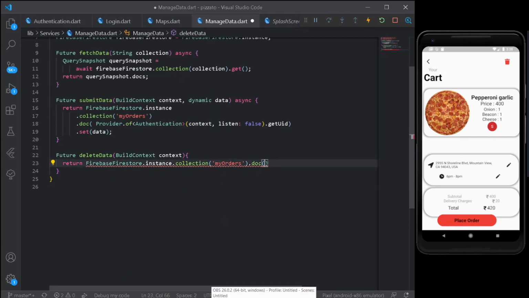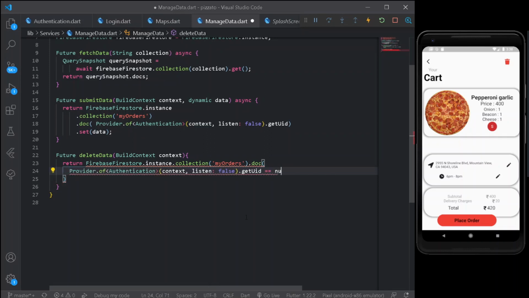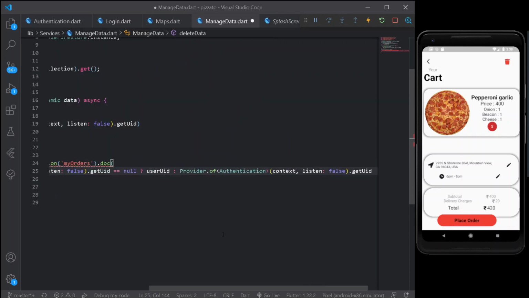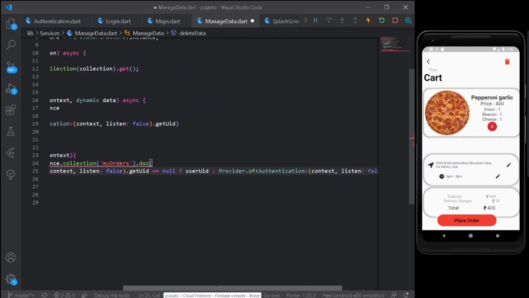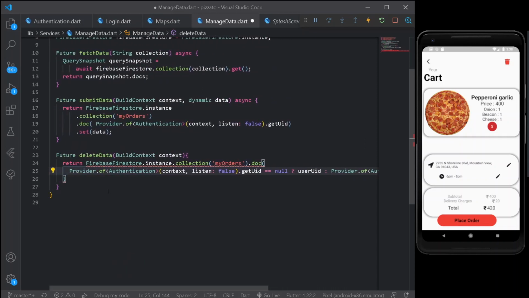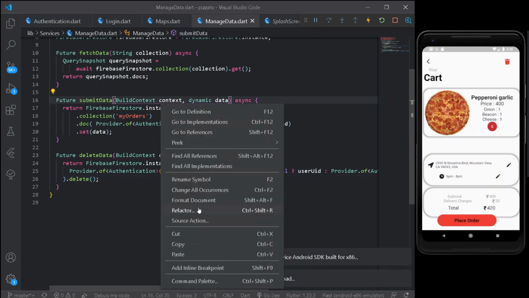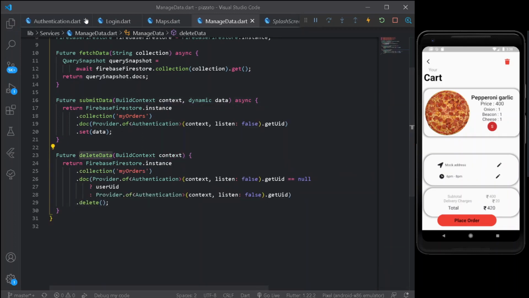So under the doc we can expand it one more time. So here I will be checking if the following user ID is null or not. So if the following user ID shall be null, I will be taking the help from the user ID itself, which is a global key one. If the following user ID is not null, we can be taking the help from the following user ID, which is getUID itself. So once we have asserted a doc condition over our user key IDs, we will be taking the help from the delete tab. Alright, so once the following thing is done, we can simply copy the entire method.